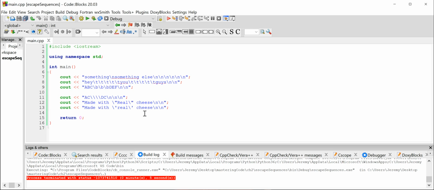Now, one more that I'm going to show you is a little alarm. It's a little audio alarm that you can use to get the user's attention real quick for whatever reason you have for that. And so we can include some sort of quotes here. Hey, and then we can put some exclamation points at the end of it, and then we can put a backslash A at the end of this for alarm. Maybe we drop down a couple of lines afterwards too. And so let's run this, and